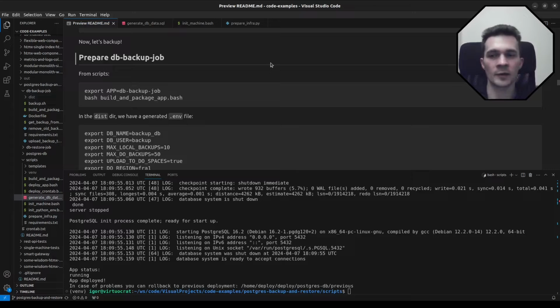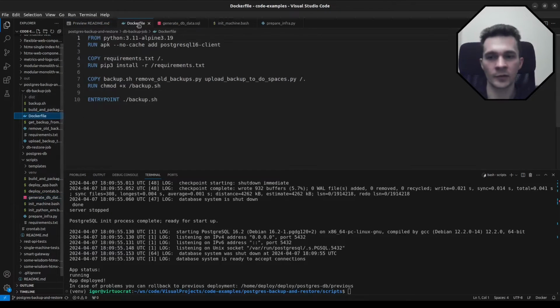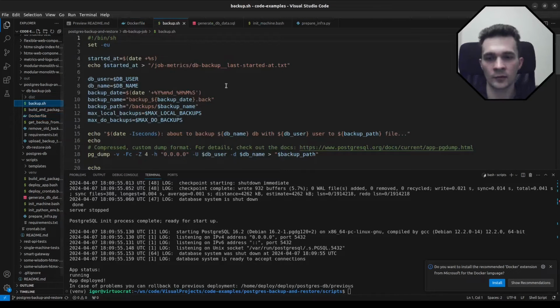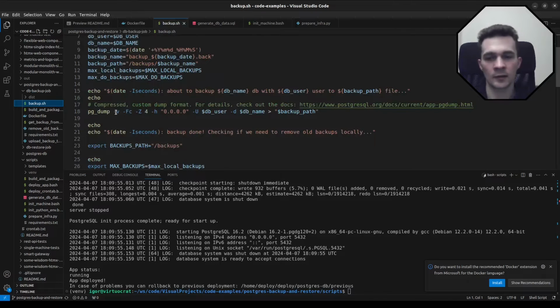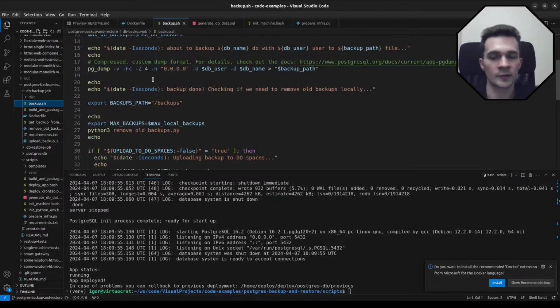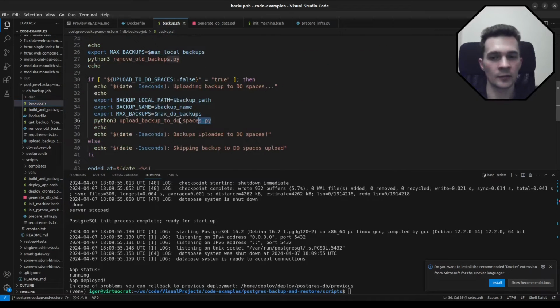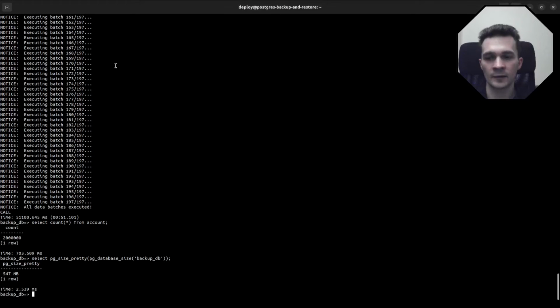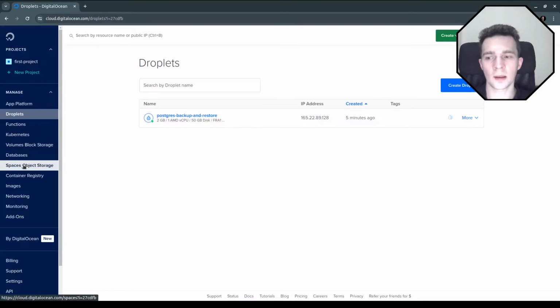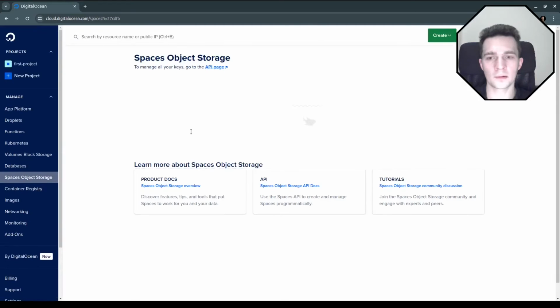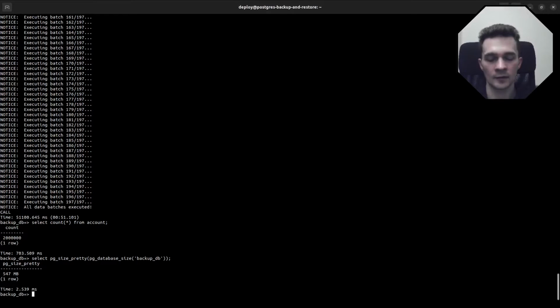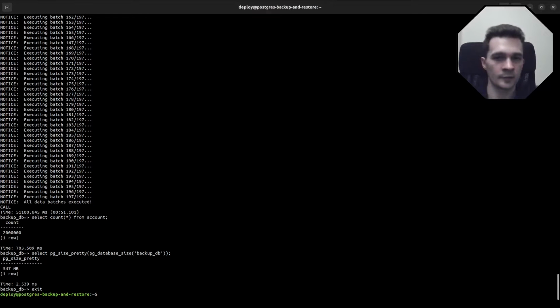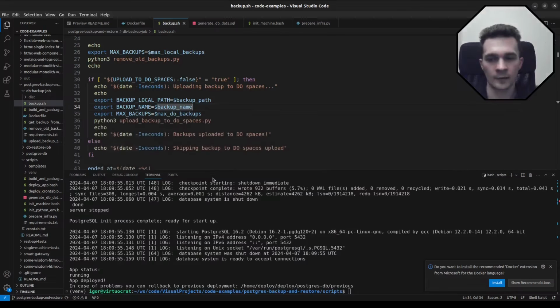So right now we need to prepare the DB backup job, which is a simple dockerized script that does a few things around pg_dump. Basically, we create a dump, we store it in the local file system, but we also upload it to DigitalOcean Spaces that, if you remember, we have enabled here. So we'll have it both here and in our local file system on the Droplet, obviously. Okay, so